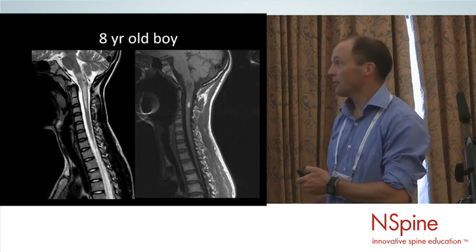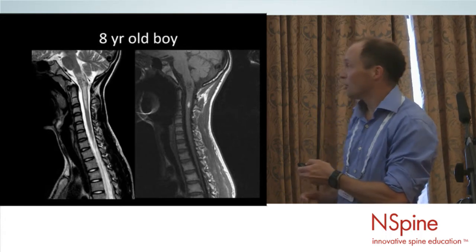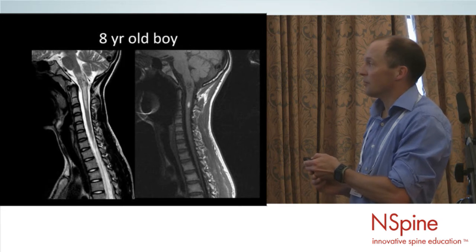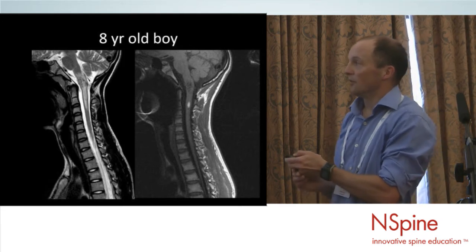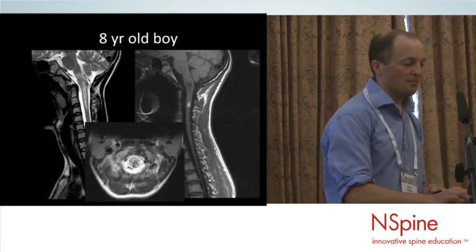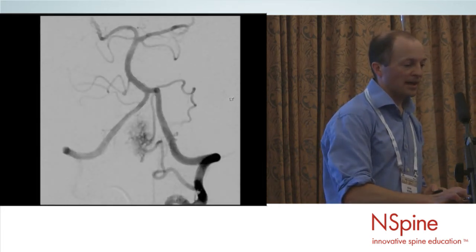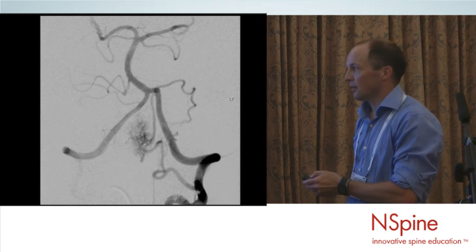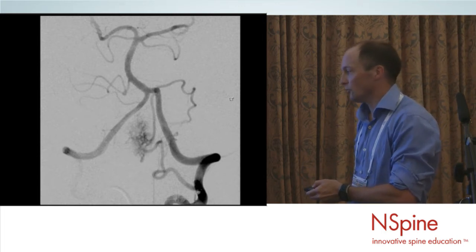He presented with a little hematoma in his cord. You can see the sagittal T1 weighted image, this little bright area within the cord hematoma. A lot of cord edema as well. Clearly, you can also see the nidus. That's the axial. The angiogram, this is the anterospinal axis coming off the vertebrobasilar junction, and just below that,